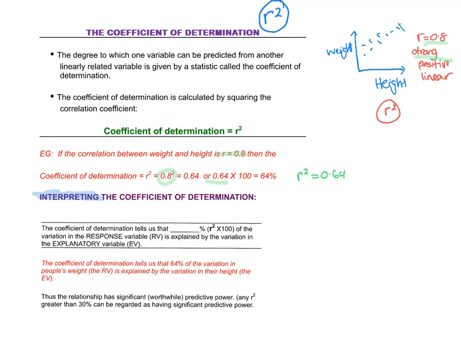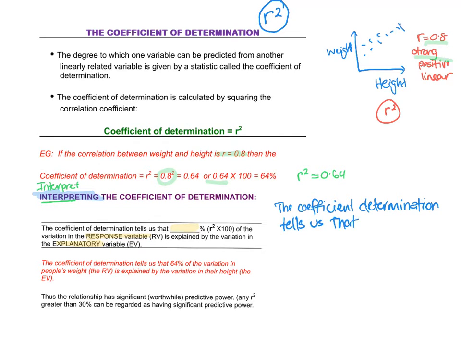That's what you want. If you're asked to interpret, this is what you've got to write. You've got to write the following, and you're going to have to fill in the blanks that are there. This is going to be a blank, and that's going to be a blank. So let me write the one for our example. I would write out the coefficient of determination tells us